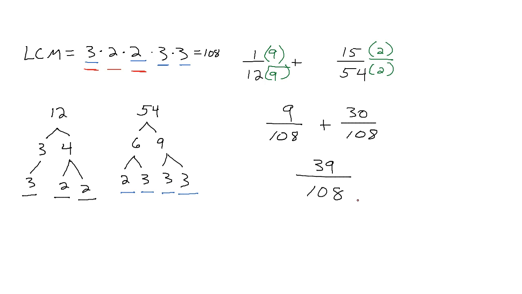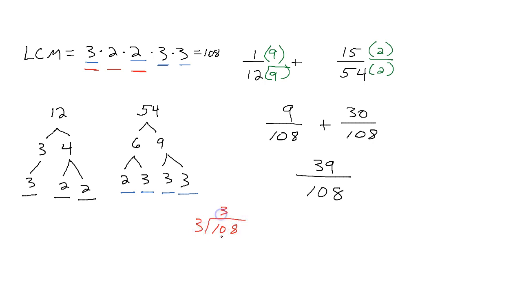Whenever I have an answer that I'm going to leave as my final answer and it's a fraction, I need to make sure that it's simplified. Now I know there's a common factor of 3 and 39. I wonder if 3 will go in here. Well, let's see. So come over here to the side, do the little division, and see if 3 will go